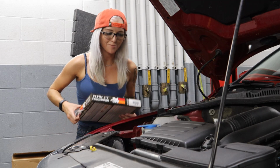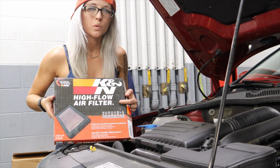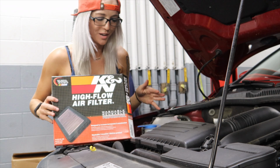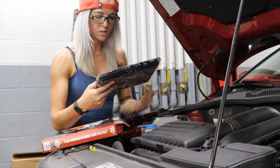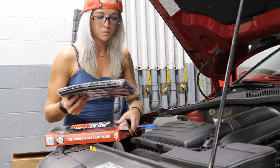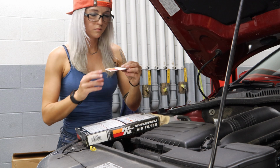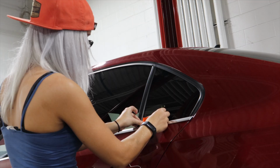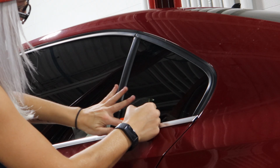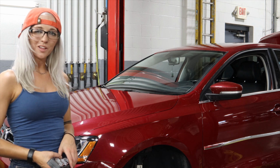So the next thing I have for us today is, of course, a Canon M filter. Because are you really gonna squeeze out every ounce of performance without a Canon filter? Yeah, you probably are. So to be quite honest, the only reason I got this filter